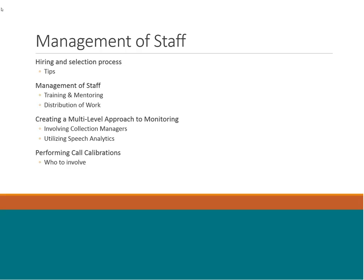So speech analytics, when you roll up your sleeves and start to understand how you can be successful with it, you can really boil it down to the specifics of what is actually being said on those conversations. It could be very specific in terms of how are they even asking for a payment? Are they asking for a balance in full, or are they immediately going to a settlement? Are they asking for a payment directly, or are they asking for it in a passive way? How much can you pay today with a check or credit card versus, well, when do you intend to take